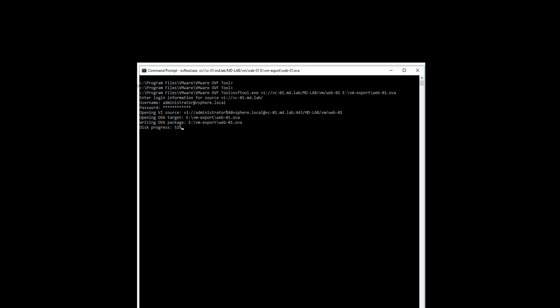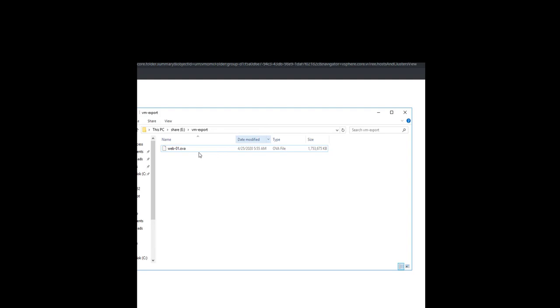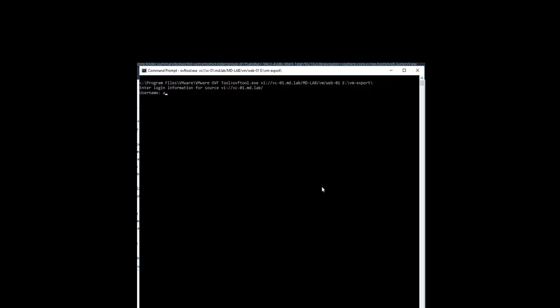It takes a little time based on your virtual machine size. Here I just completed, and we have successfully exported our virtual machine. Let's open up the directory, which is VM export. This is the directory I gave in the command line. So I have my OVA file which is exported, so my virtual machine is now exported.